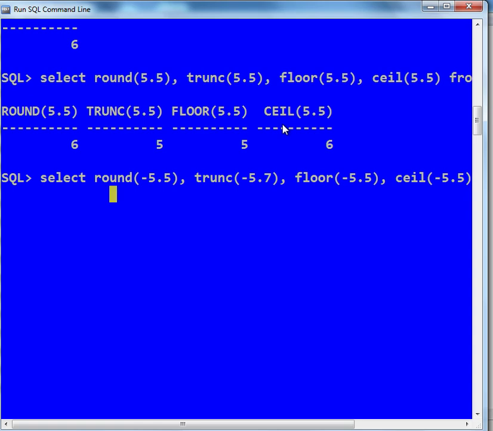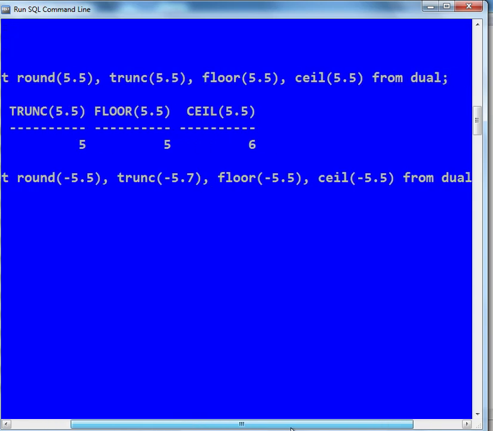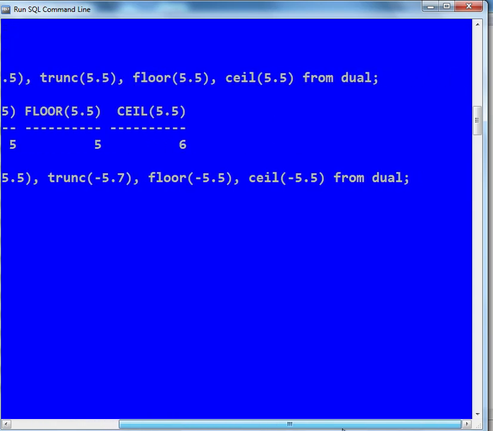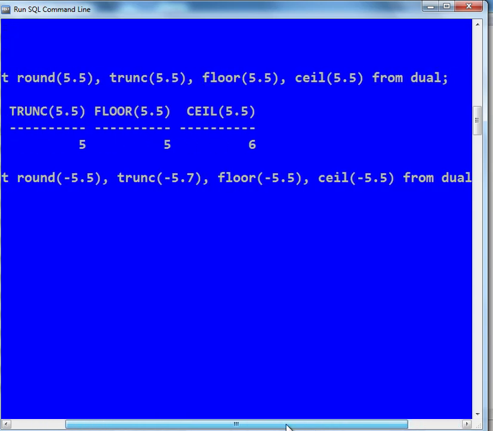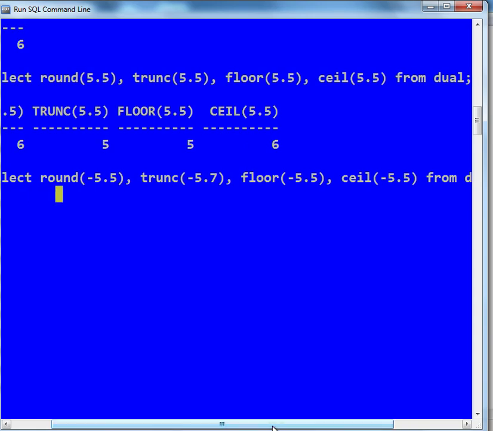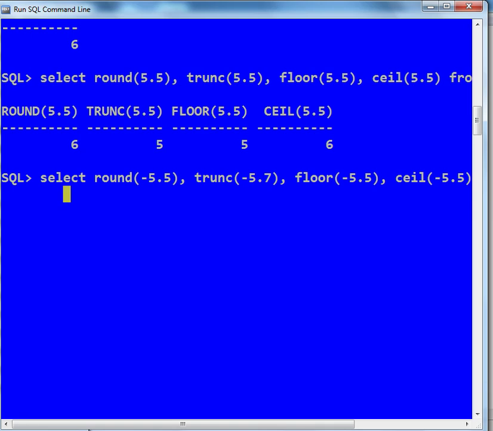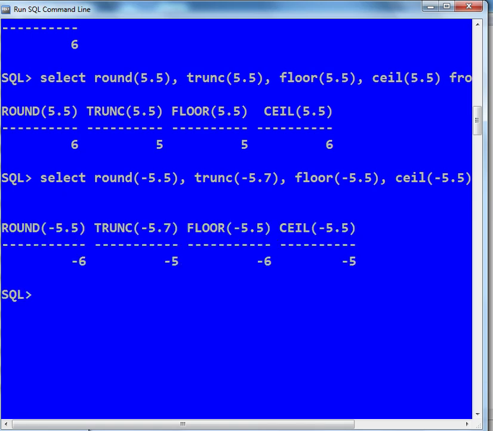Now try to do the same thing with negative values. So if I have round minus 5.5, trunc minus 5.5, floor minus 5.5, and ceil minus 5.5, press enter.